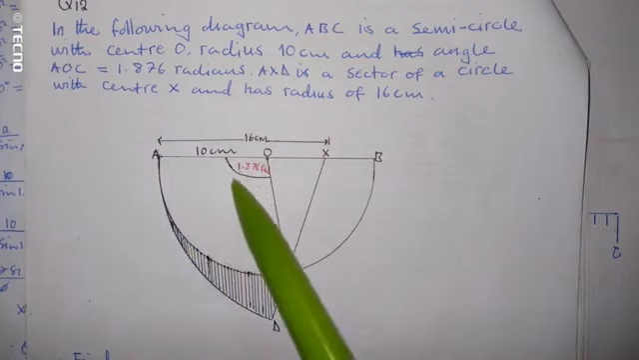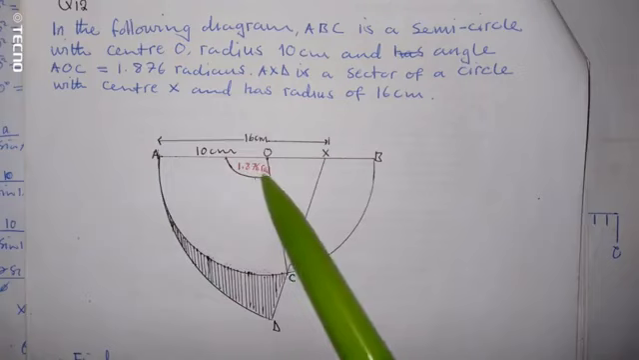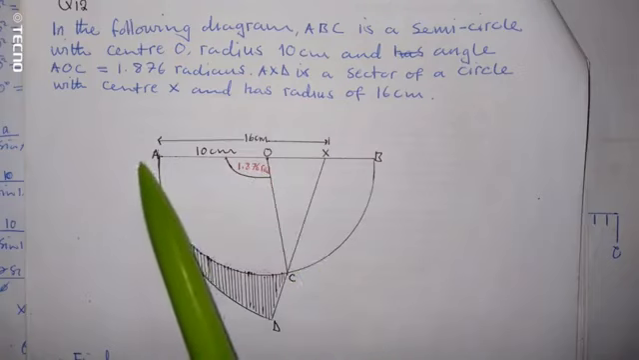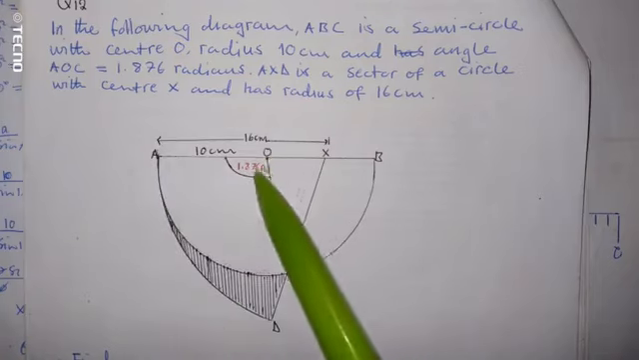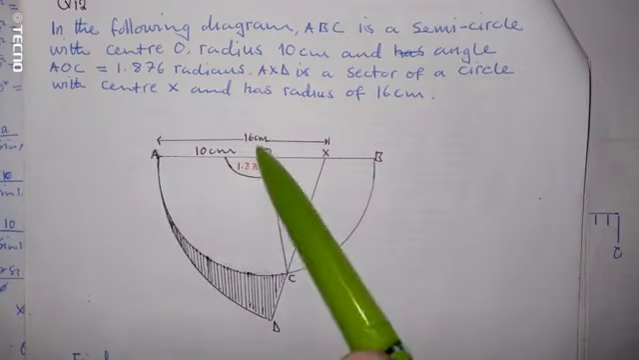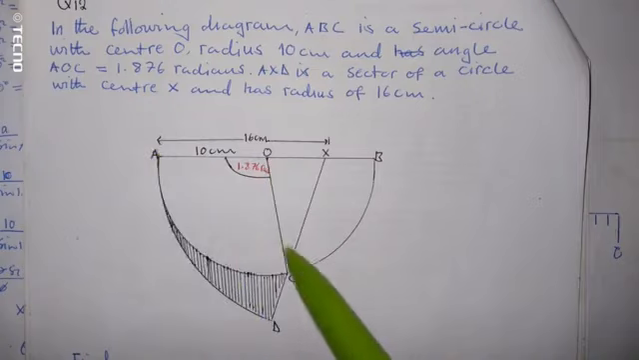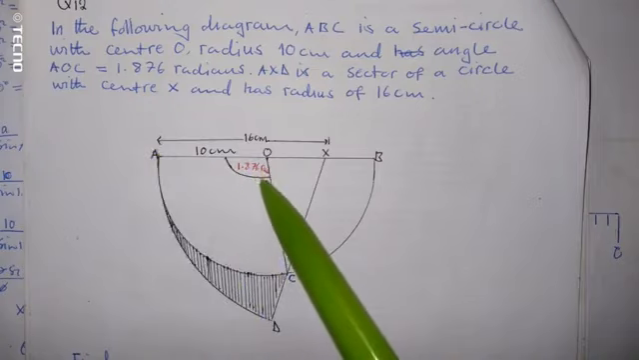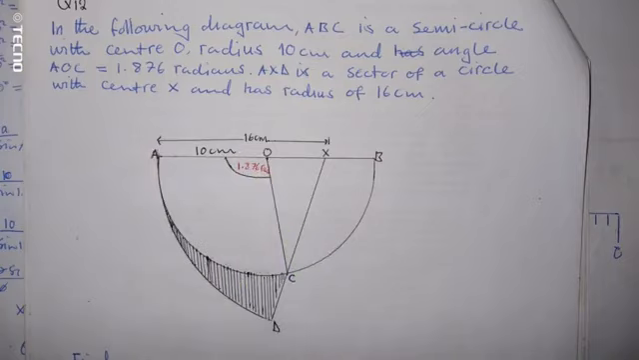of 1.876. The sector of AOC is making an angle of 1.876, which is in radians. Okay, then